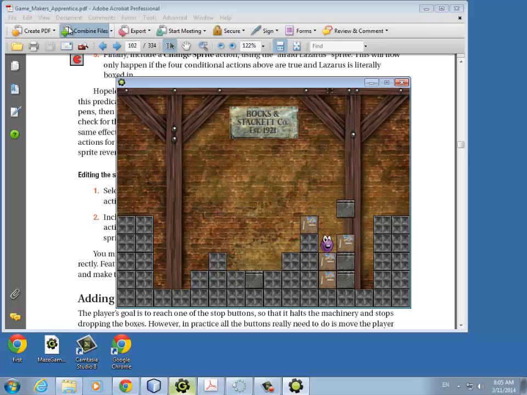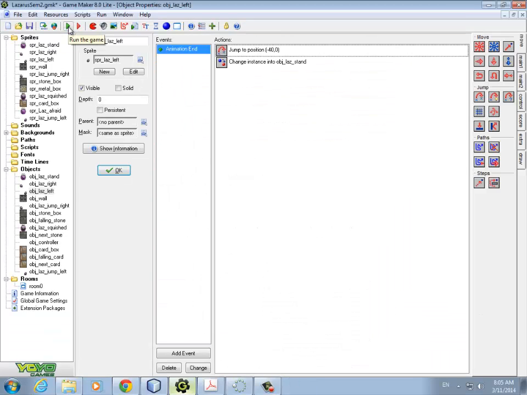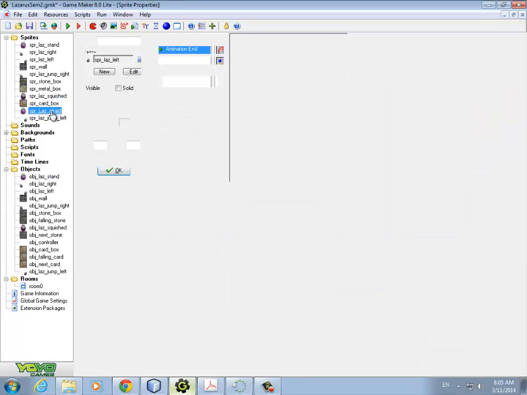Okay, so now he's afraid, but then he's happy again. See that? Okay, so you can see him go through that transition. Okay, so that's how to add the afraid Lazarus, and all we did really was make a sprite here, and